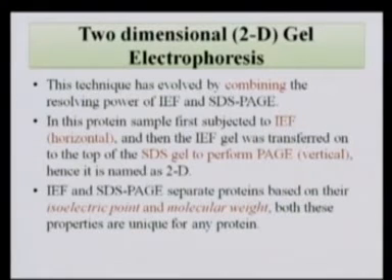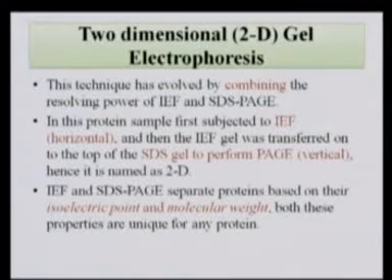So moving further, let us discuss two-dimensional gel electrophoresis. Here the name itself indicates 2 dimensions. In other words, one is horizontal, the other one is vertical, or it is nothing but the combination of 2 techniques: one is your IEF, the other one is SDS-PAGE. When you combine both IEF and SDS-PAGE, the product is your 2-dimensional electrophoresis. That means in IEF we separate the proteins based on their isoelectric point, whereas in SDS-PAGE we separate the proteins based on their charges as well as their sizes.